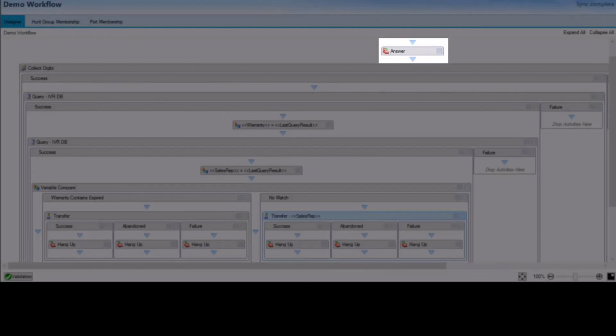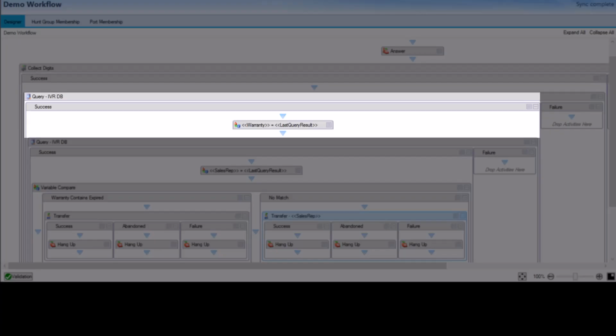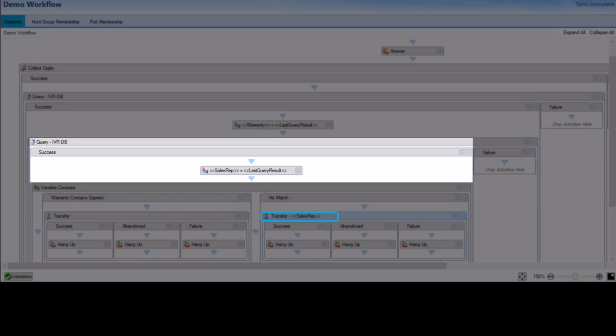To review, our final workflow is an answer activity that then flows to the collected digits. A prompt is played to the caller requesting their account number. The information is stored as a variable. It is used in the query to find out the customer's warranty status. Once that information is stored, it is then used in the next query to find the correct agent to route